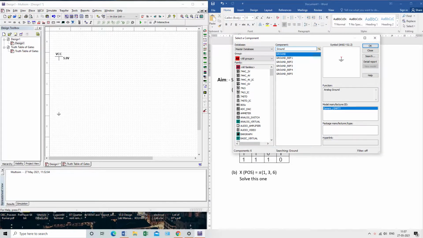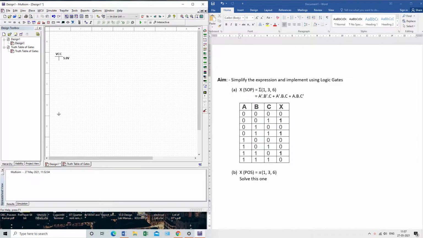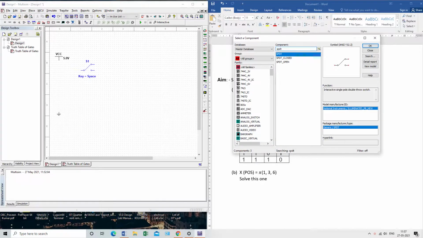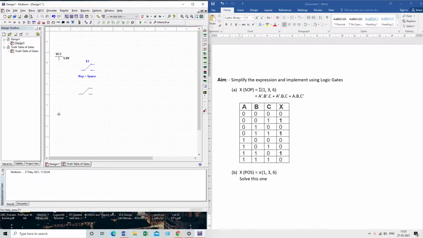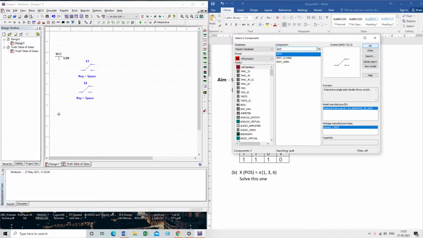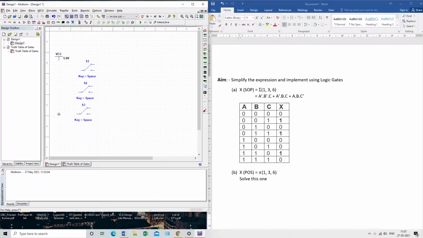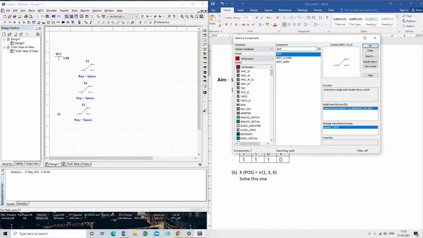Now we need three inputs. So for these three inputs, we need three switches. And what kind of switches? It is an SPDT switch. As you can see, this one is the SPDT switch. I will place this here, one, then again a second one, and then again a third one. Okay, so this is the SPDT switch.